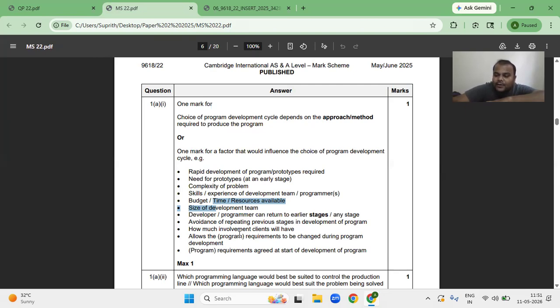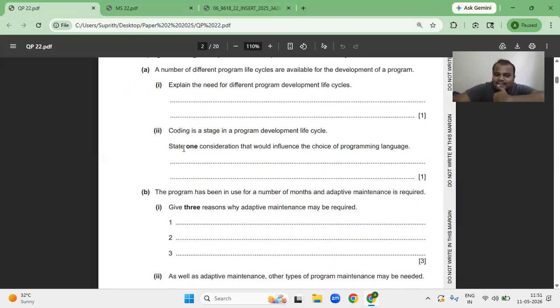You want to develop a software product, so the software company is going to do the planning or blueprint. Then they are going to decide what the budget is, what the deadline is, how much time is required. So these are all the considerations. That is the first question. And the second question: coding is a stage, right? First we have requirements, design, next is coding or development. State one consideration that influences